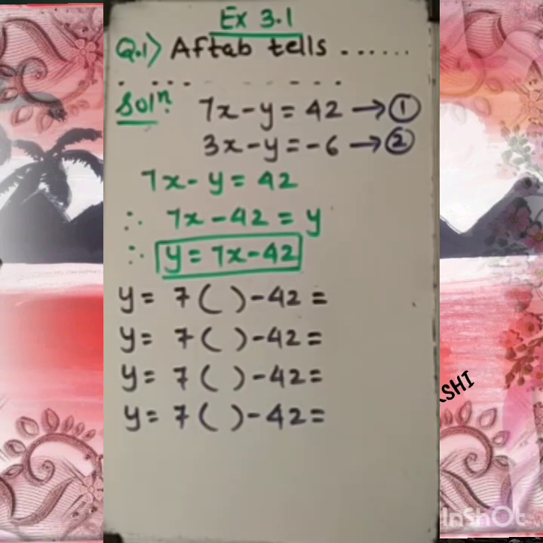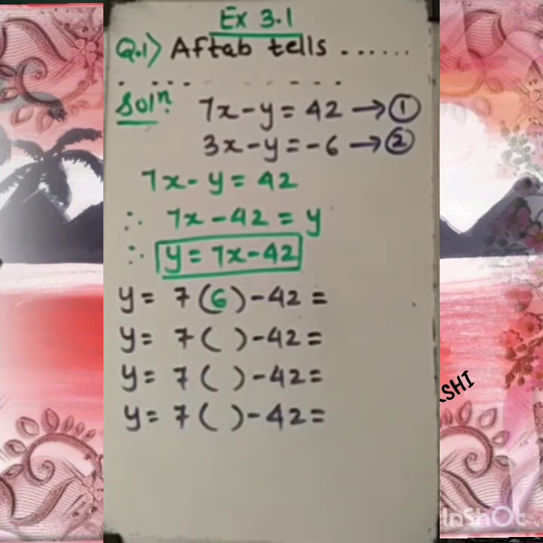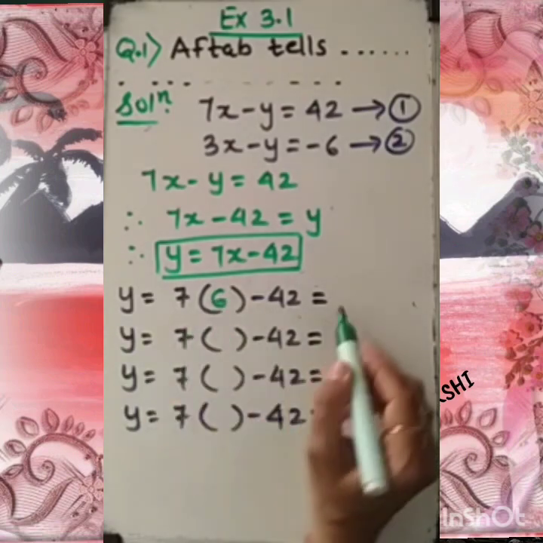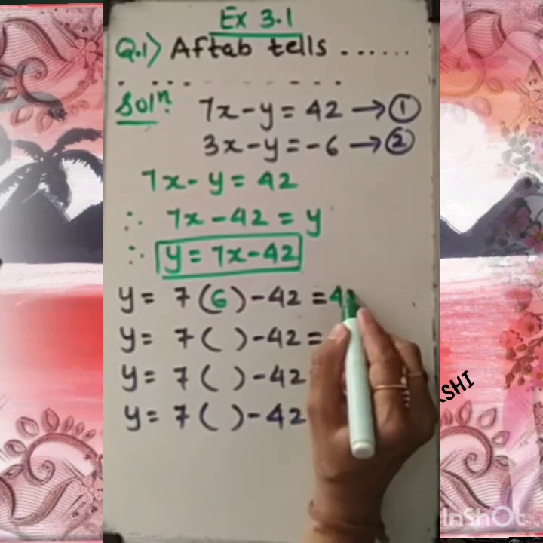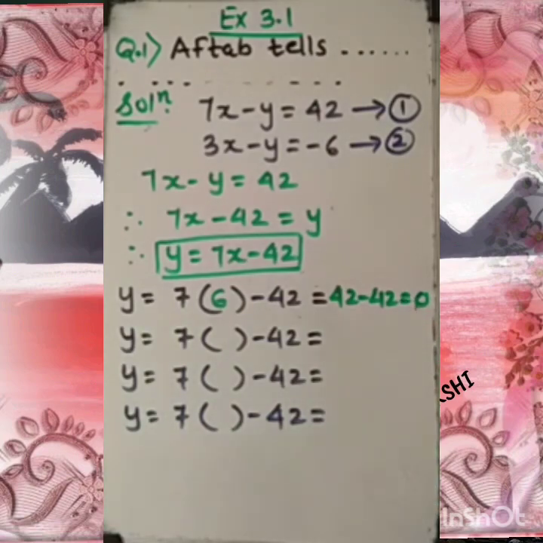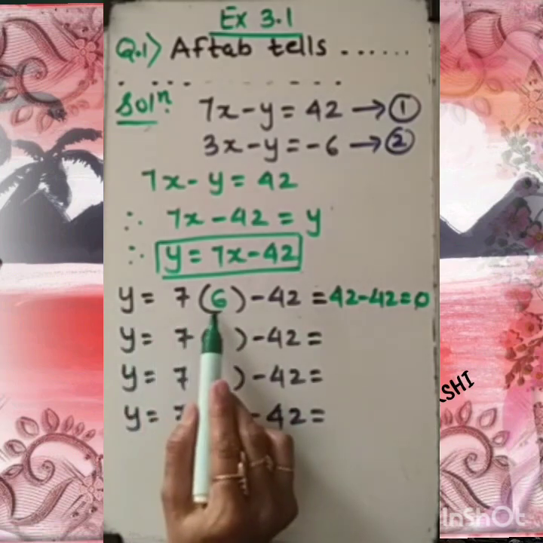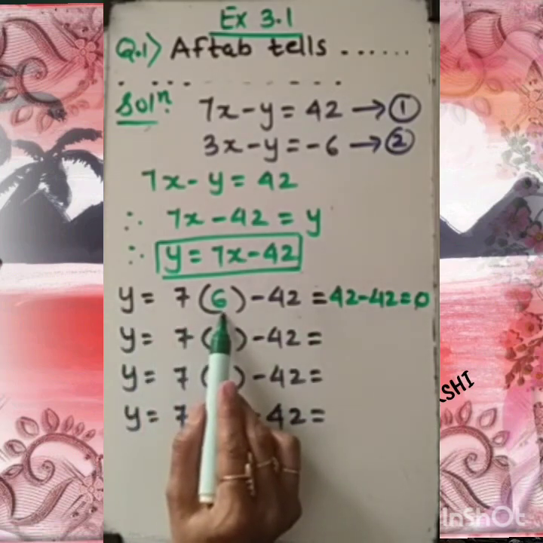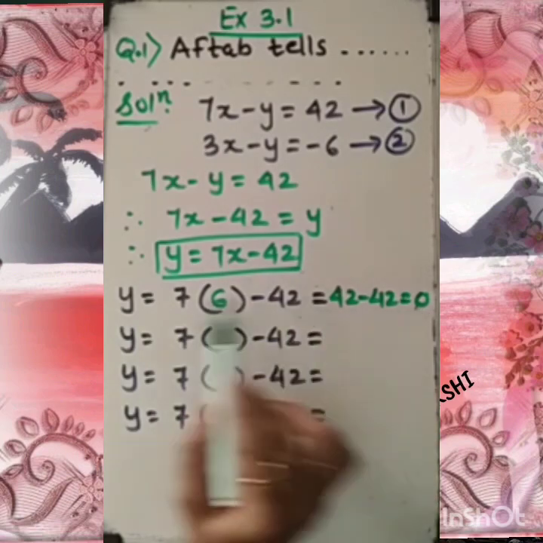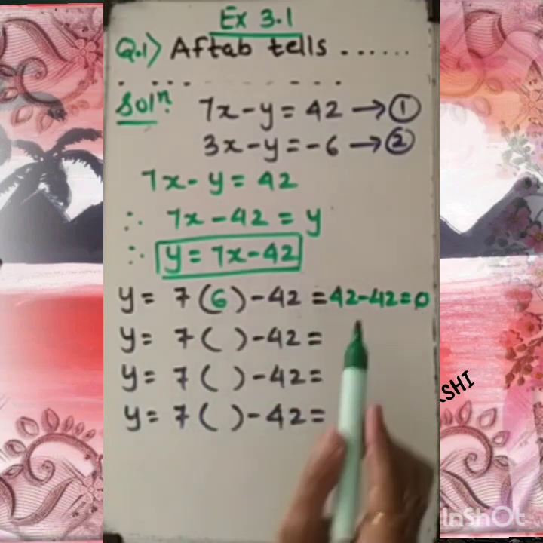What I want to say through this? Simply, if I go with 6 here, suppose I am using 6, then 7 sixes are 42. 42 minus 42 gives the result 0. Fine. So the numbers are 6 and 0, because the number which I am putting here is taken on the x-axis, and the value which we are gaining, that is the value of y, is taken on the y-axis. So here x and y are 6 and 0, so it can balance.